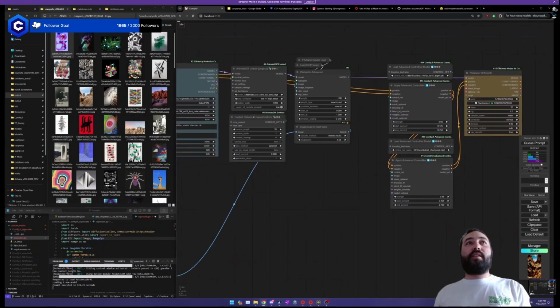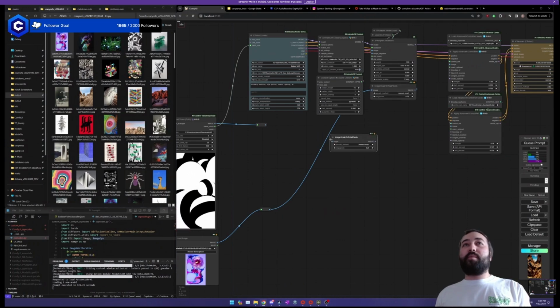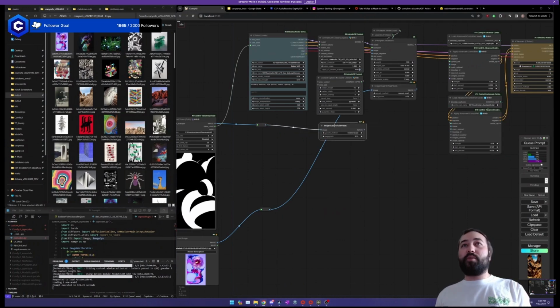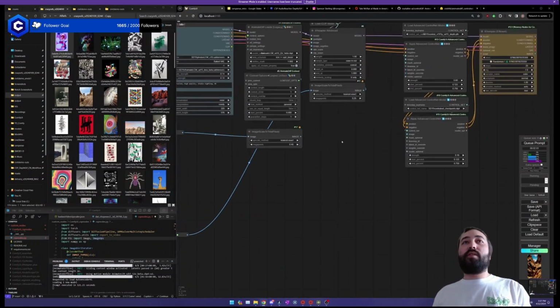And it looks like we still need the VAE. And we still need to hook up our latent. And we also need to get the depth map to this. Similar to the other one, I'm going to do image scale of total pixels to bring it down to a lower res. I think I'm going to make it 0.4 in this case. So it's going to end up maybe like 768.